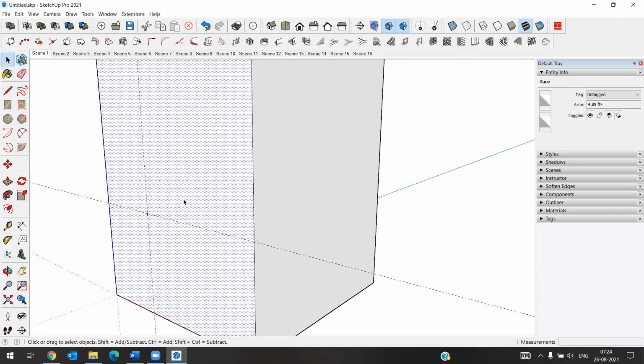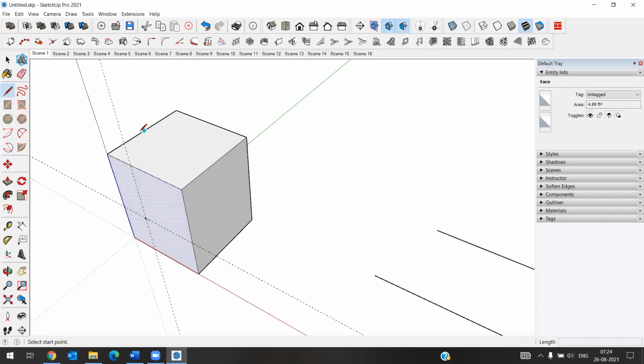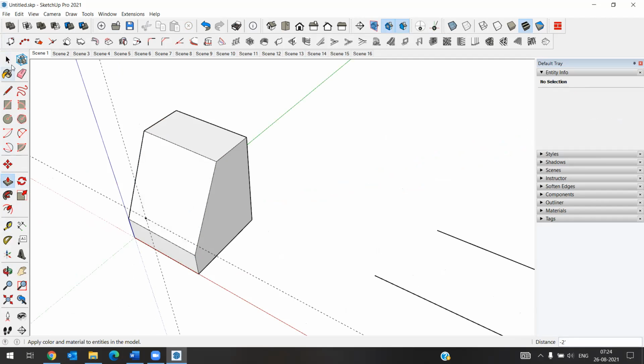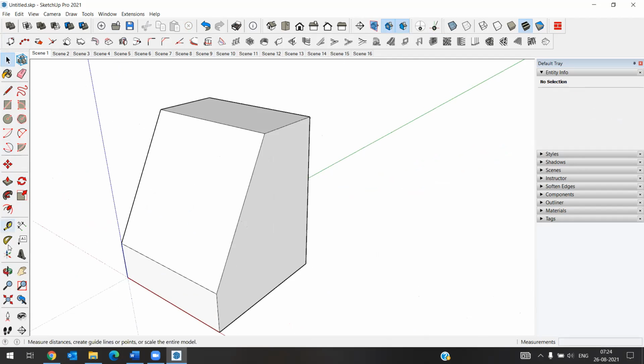So sometimes what will happen is we will get some sloped surfaces. For example, okay, we have a sloped surface like this. Here also we can use the reference line.